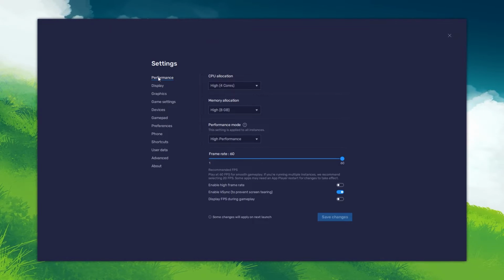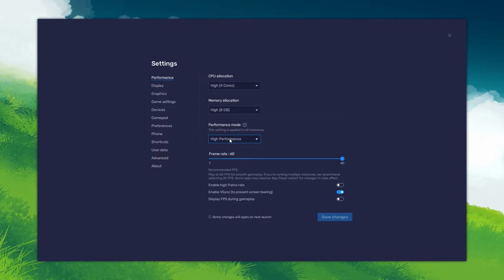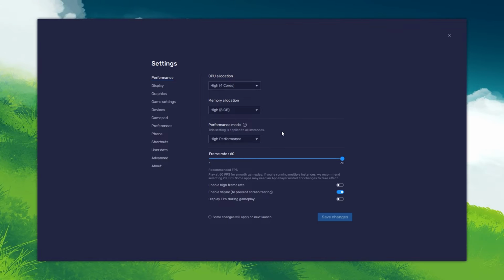In the Performance tab, you should set these according to your PC's performance. For users with 4GB or less RAM, set the memory allocation to Basic. Under Performance mode, make sure to set this option to Balanced. This will reduce the memory and CPU usage if your PC lags or you otherwise encounter low performance. I prefer to enable the high FPS option and set the frame rate of the emulator according to my screen